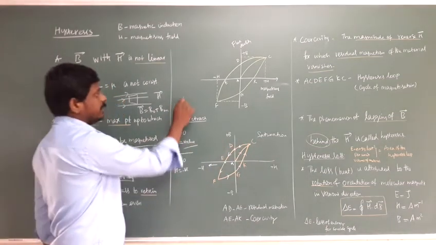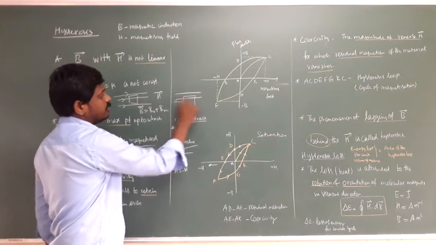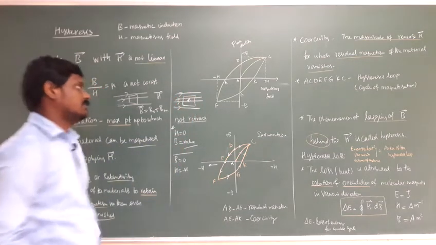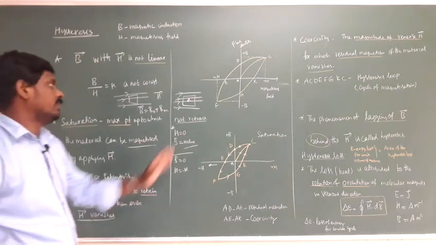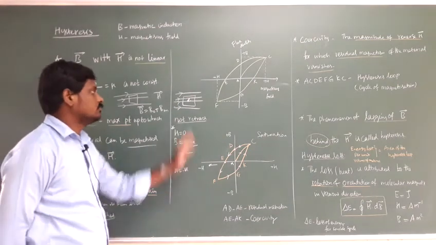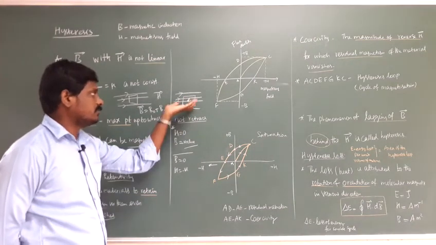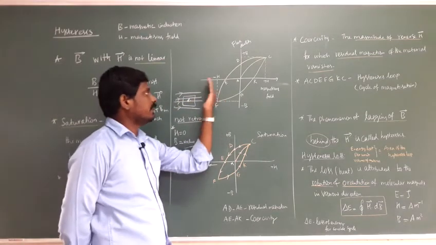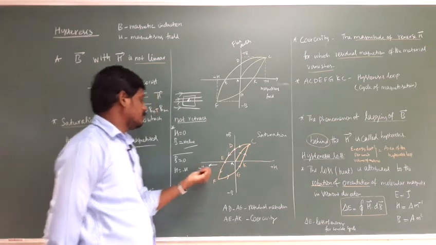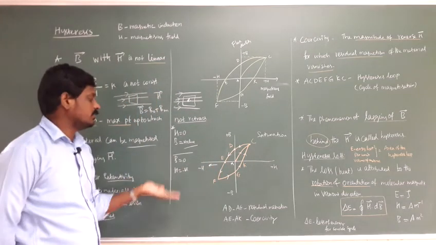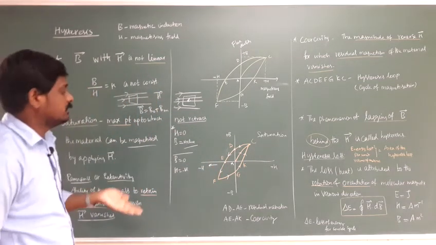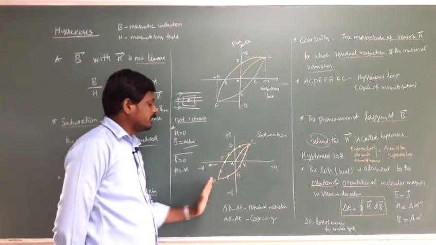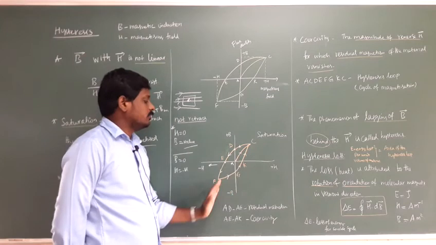So when a ferromagnetic material is placed in a uniform magnetic field, that is the magnetizing field, the material becomes magnetized. Then we remove the magnetizing field, so H is equal to 0, but it still has some magnetic induction. Again the magnetizing field goes negative, and it reaches magnetic induction 0, that is coercivity. Then again we go to the negative saturation point, increasing the magnetizing field until it reaches there.